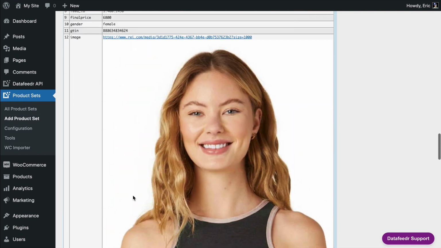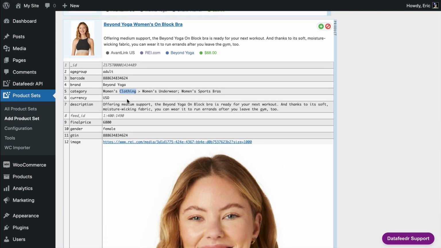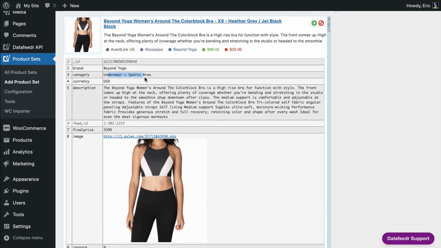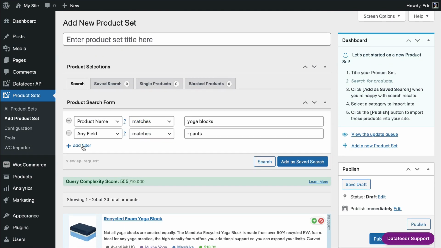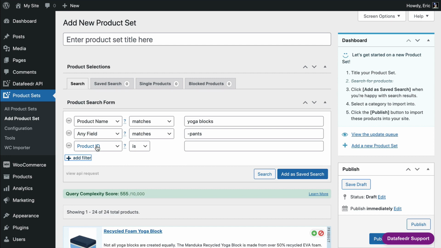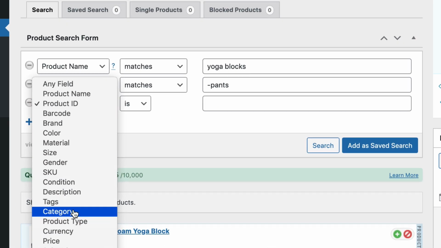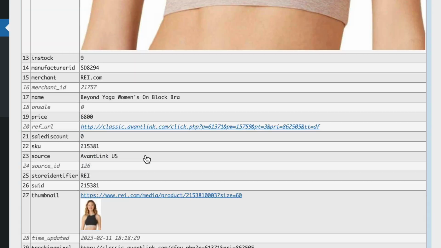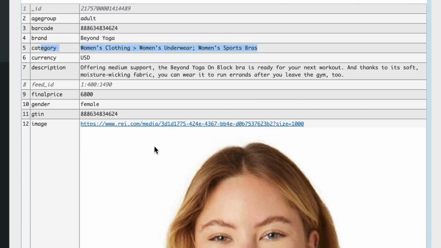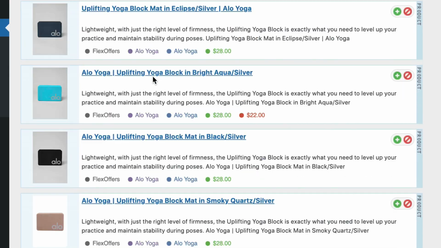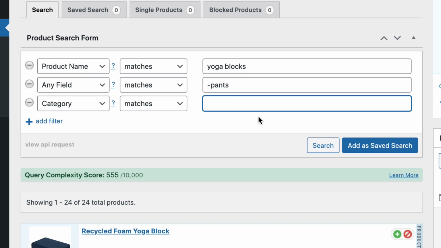We don't want any clothing, and there's no clothing in this category name, but it also says sports bras. So I'm going to show you an alternative way you can do this. What I'm going to do is add a category field, because that's the field we're going to be searching on. And in this case, I want to exclude clothing. So I'm going to type my negative symbol or my dash,